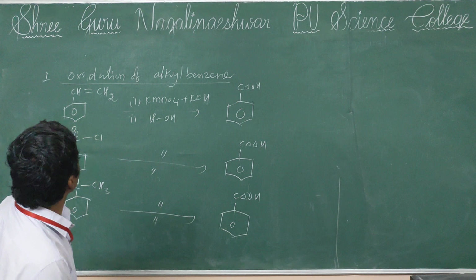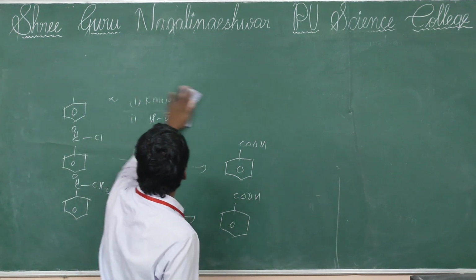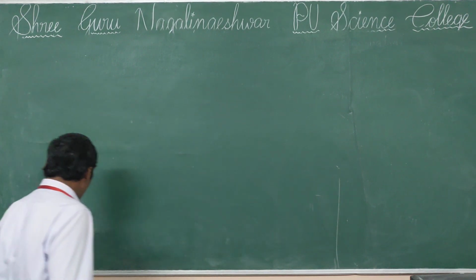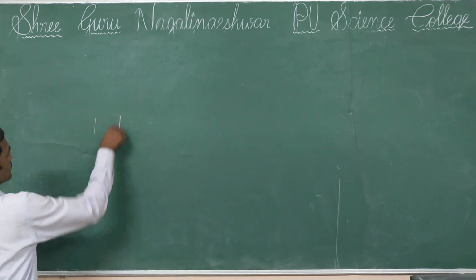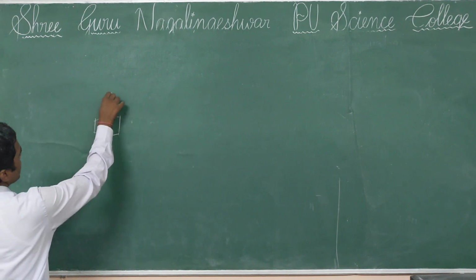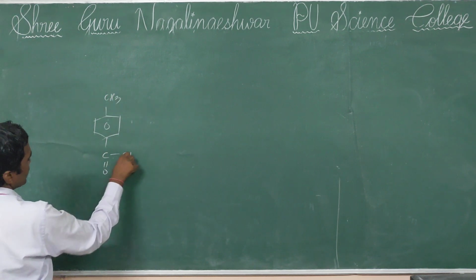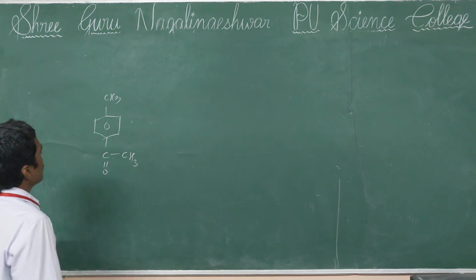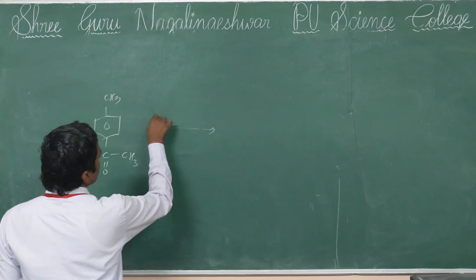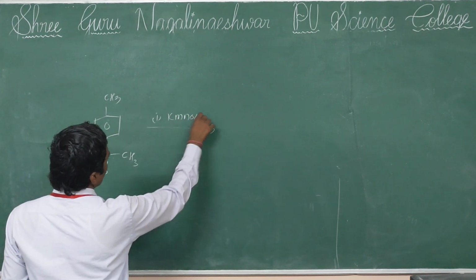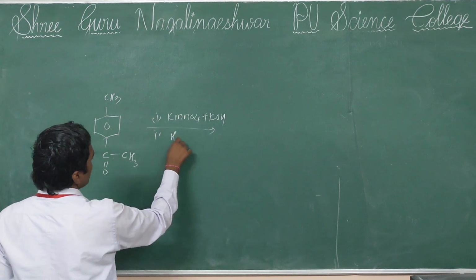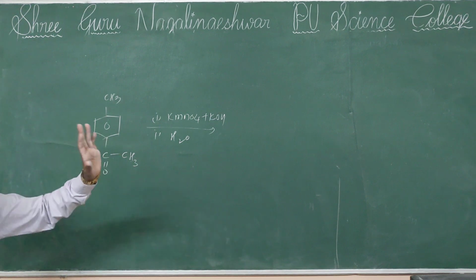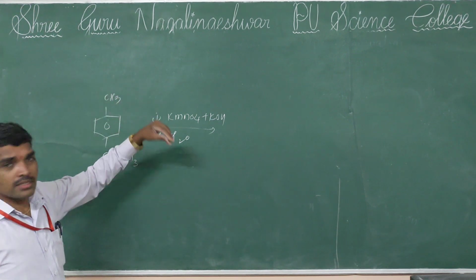Next, one important question to discuss, which was asked in a previous year's competitive exam. They have taken CH3 on the upper side and acetophenone on the other, so the name is 4-methyl acetophenone. 4-methyl acetophenone reacts with the same first reagent, KMnO4 plus KOH, followed by hydrolysis. Then what happens? Don't get confused. The alkyl group is also oxidized by KMnO4.